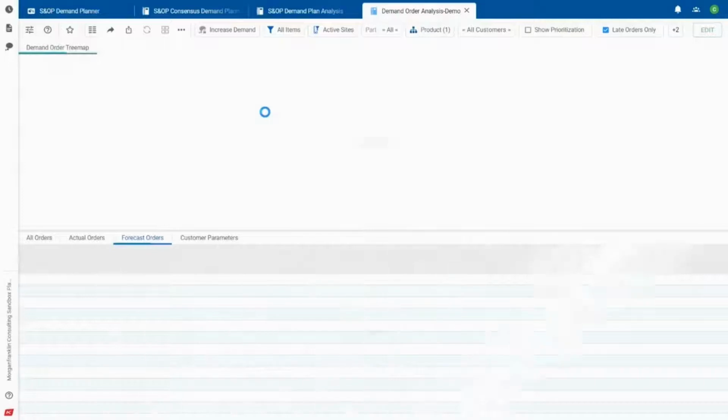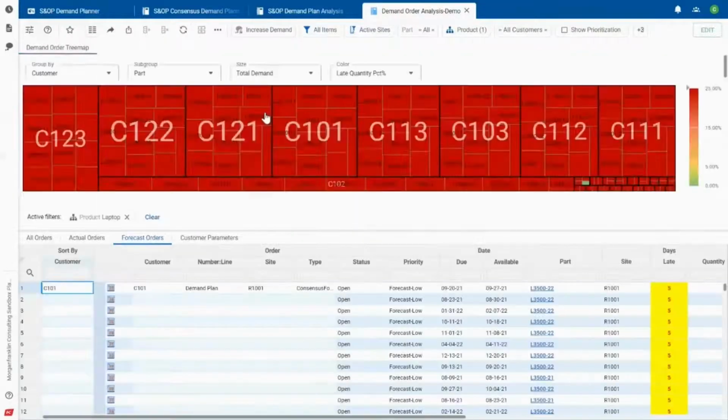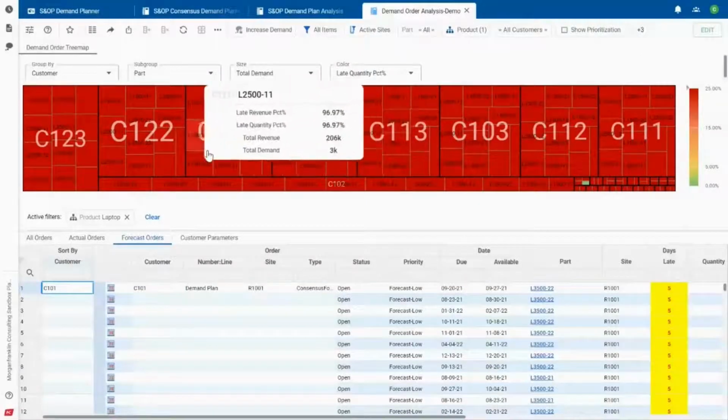And if we drill further in there, we can now take a look at these orders and see directly which customers we're impacting, how late they are, etc. Right now I'm just filtered on only my late orders. That's why everything is red. We are delivering some orders on time, we're just not filtered on those right now. But I can go ahead and see by customer groups or by customer, which products are late and how much,